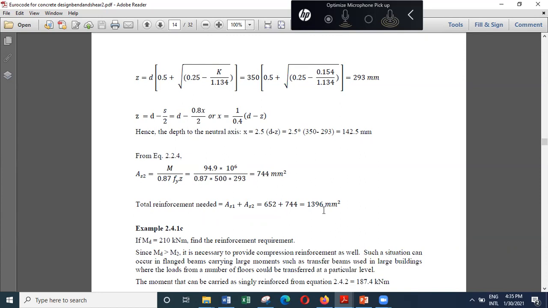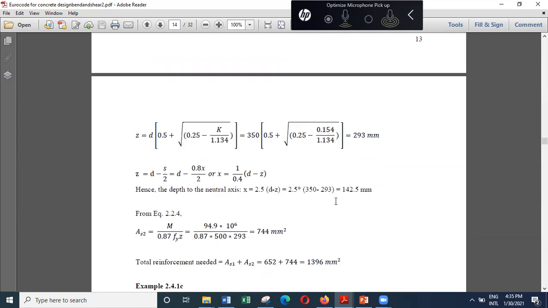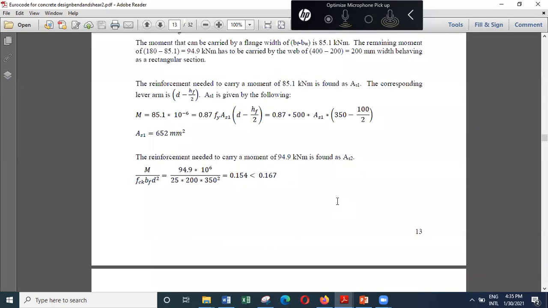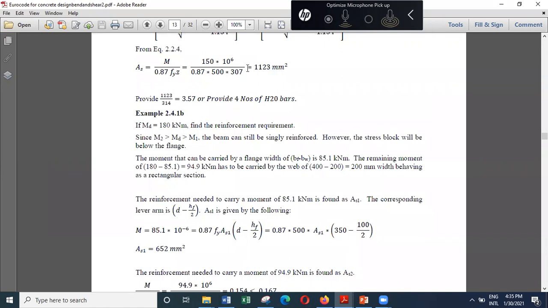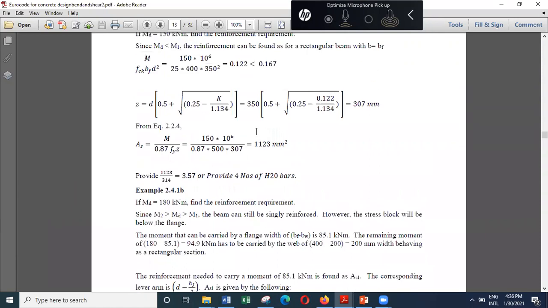We need a total of 1,396 millimeters squared, and you can see it's greater than what we needed here, 1123. So to carry a moment of 150, we need 1123, and 180 is in between